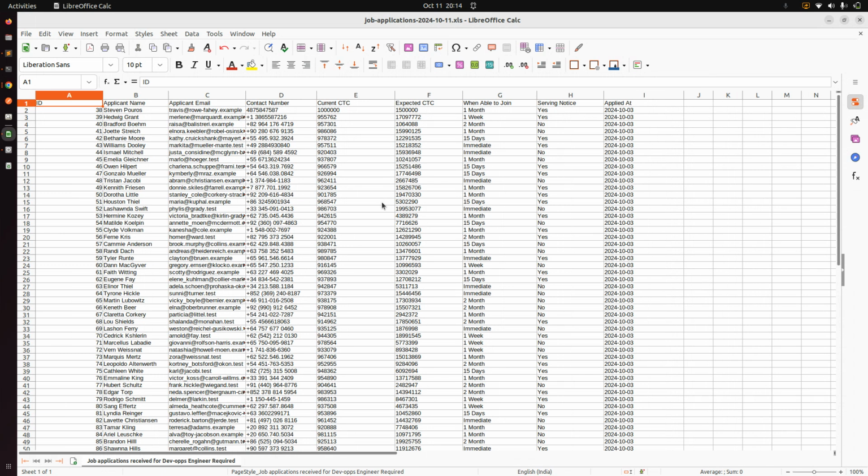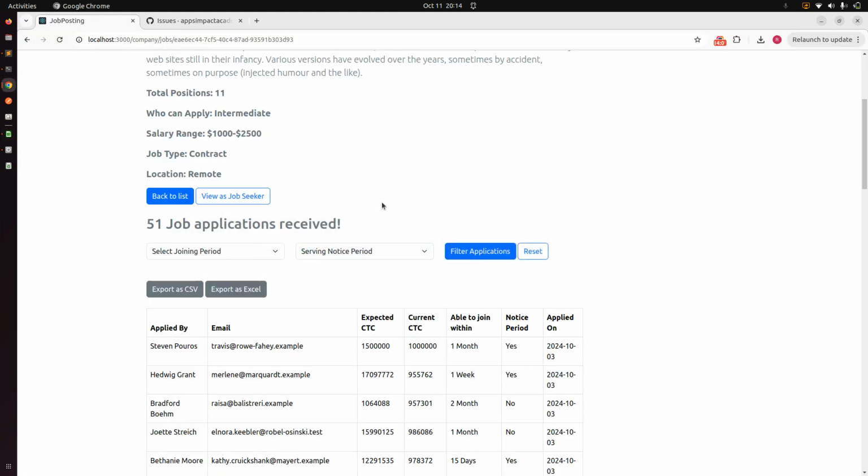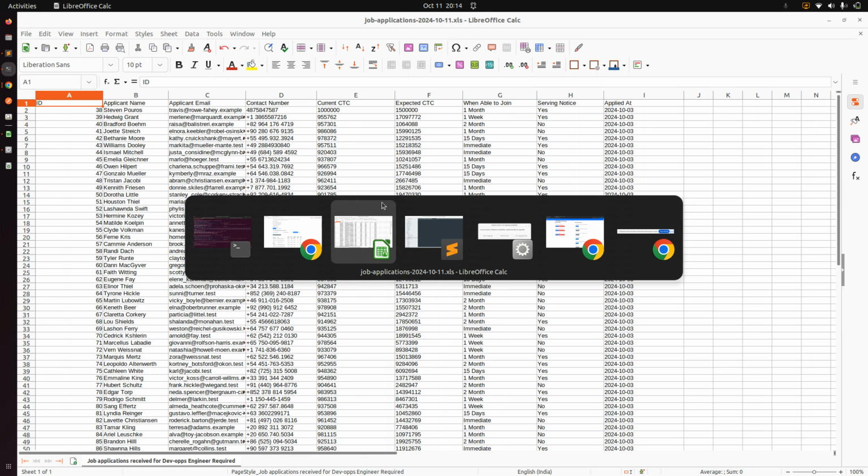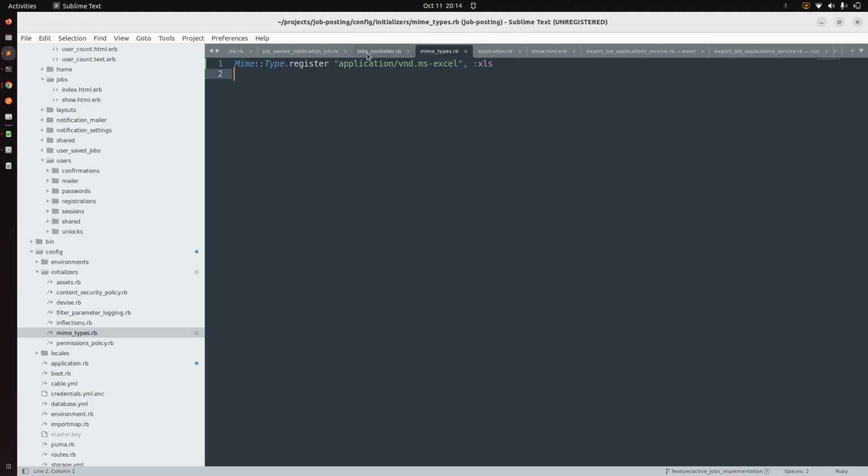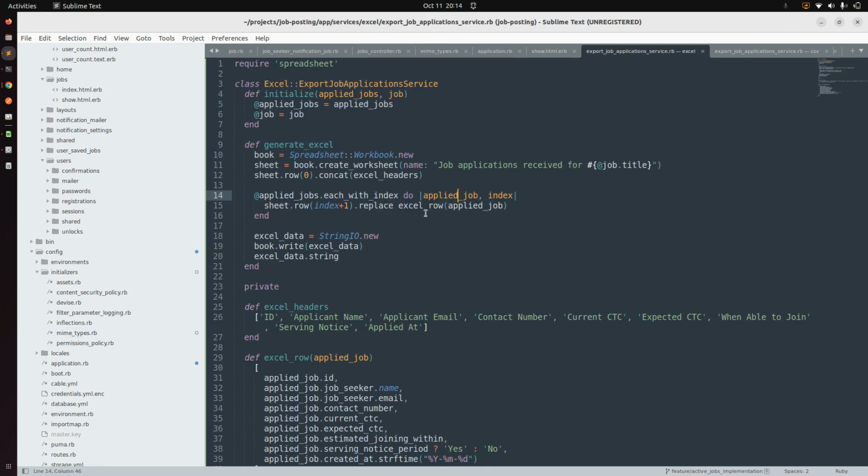And not just for this project scenario, you can also consider the same approach to export CSV or Excel data. The approach will be the same. If you want to export the data into the XLS format, you need to do the same approach that we did here. Like create a service class, or you can do it without service classes as well, but I created a service class just to keep the separation of concern. So the CSV export service and the Excel export service will be separate. And whenever you require a new export service for other resources or other data, you can follow a similar